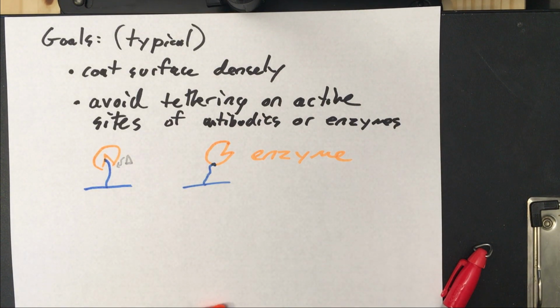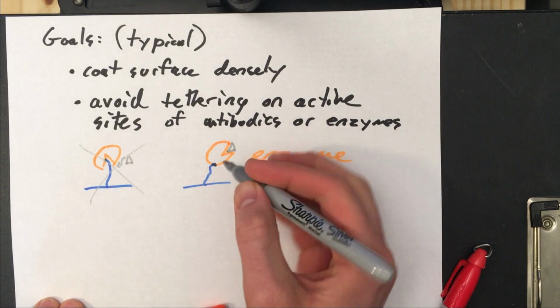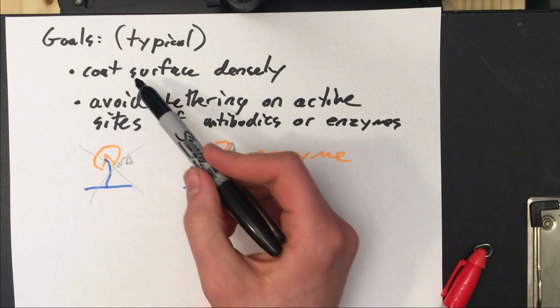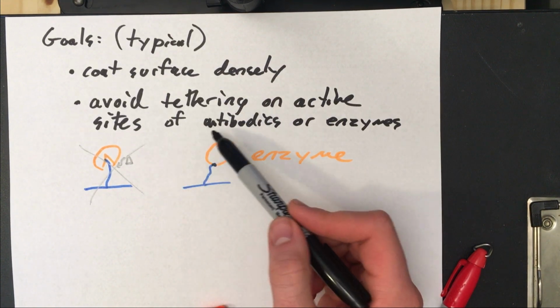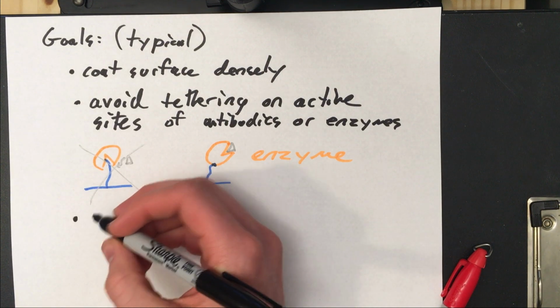So we want to avoid this situation. The final thing we want to do, so usually we want to coat surfaces densely. We want to avoid tethering on the active sites of antibodies or enzymes. And finally, we want to avoid